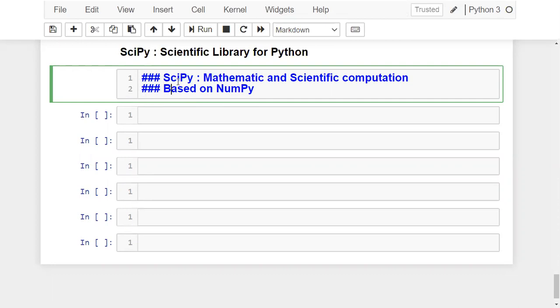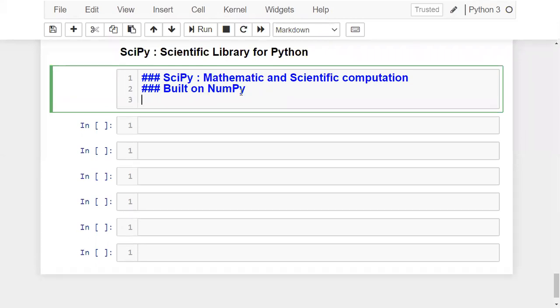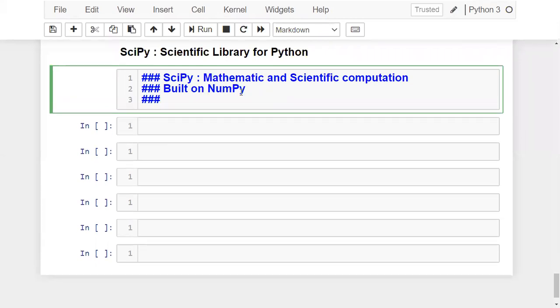This SciPy is built on this NumPy. In the sense, this SciPy is an advanced version of the NumPy package. Another thing is this SciPy allows manipulations and visualizations.